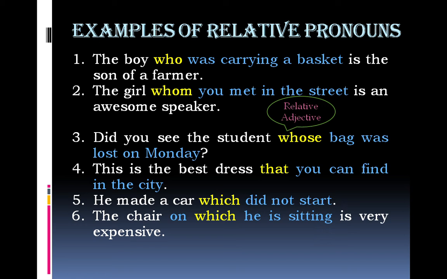What's the verb in this clause? Sitting. Who is sitting? He. He is the subject. Sitting is the verb. He is sitting on chair. On is preposition, and chair would be the object of preposition if this clause were he is sitting on chair. But instead of chair, we have used which in this clause. So which is the object of preposition on. Relative pronouns can also function as objects of prepositions.